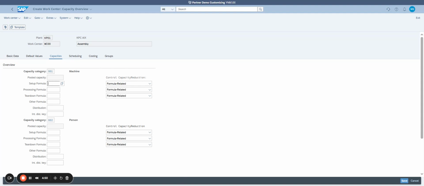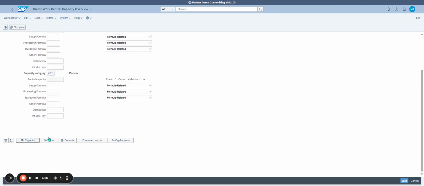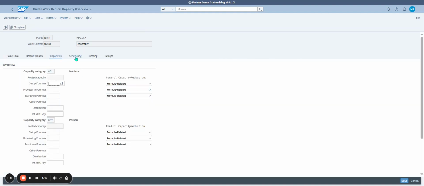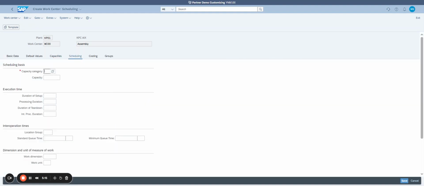So you have defined the information, but if I want to review, I have to click on capacity machine. I go back. Relevant to finite scheduling, overload, long-term planning, can be used by several operations. So you define the information there. I go back. Scheduling,